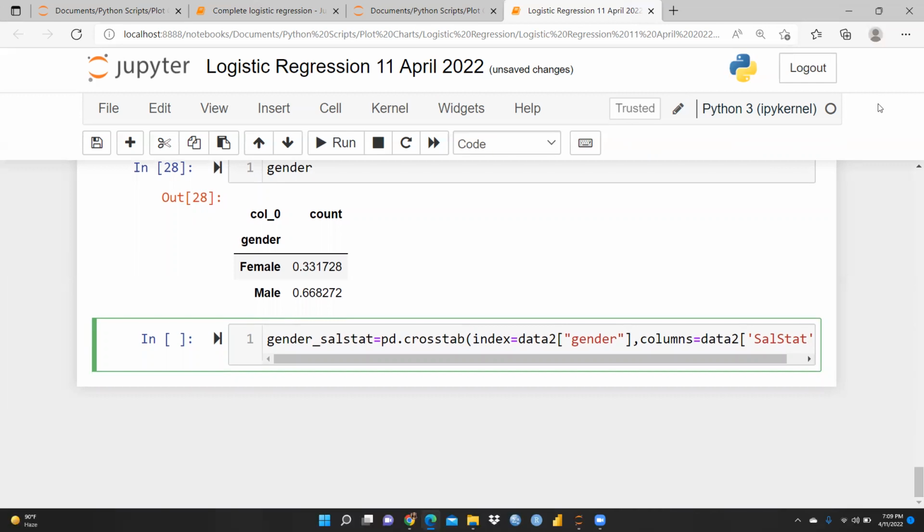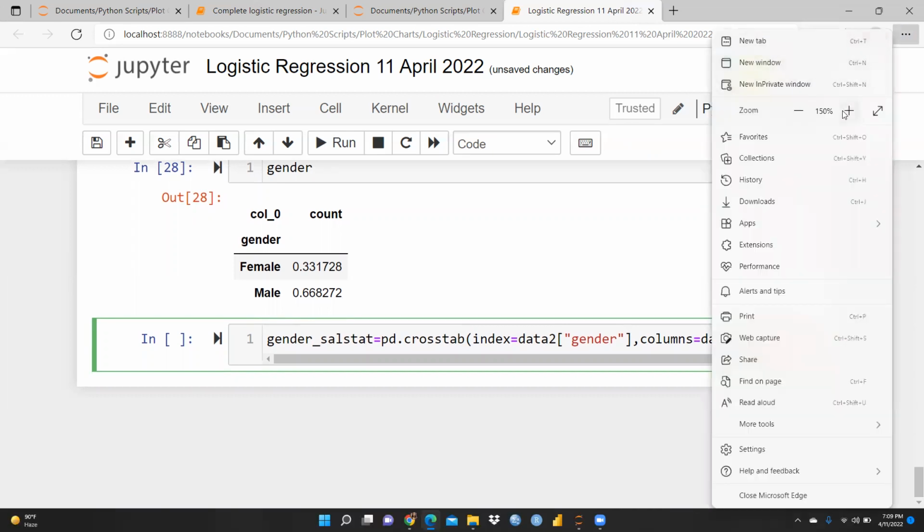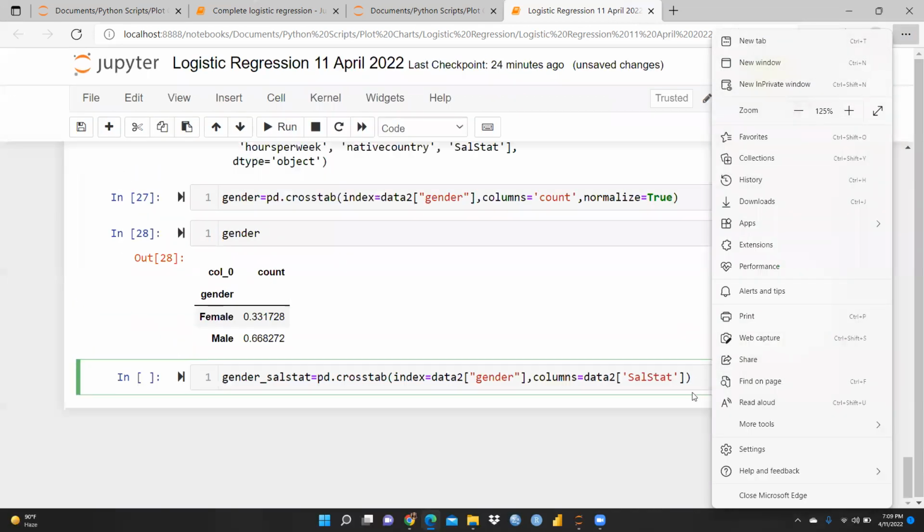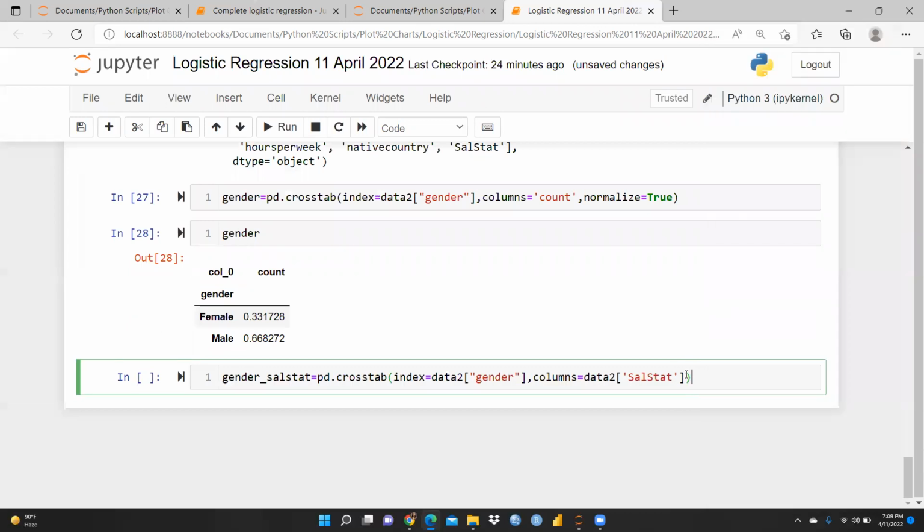I think I should decrease this a little bit, so you can see it on a single line. Then after salstat I'm going to write margins, because what could be the margins? Margins equal to true,